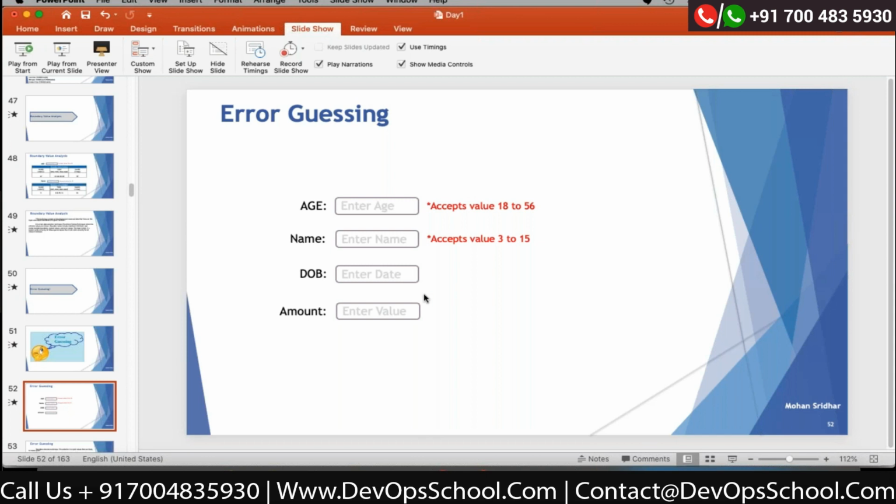Also, consider the DDMMYY format. If the date is like this, this is the month, this is the year. What can I assume here, is it 2000 or is it 2020 if you are giving YY?